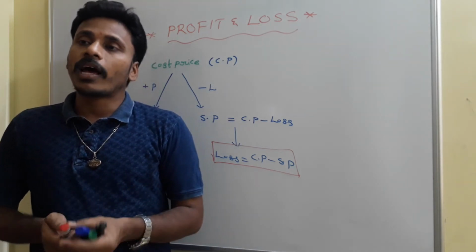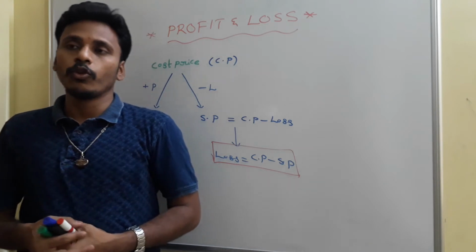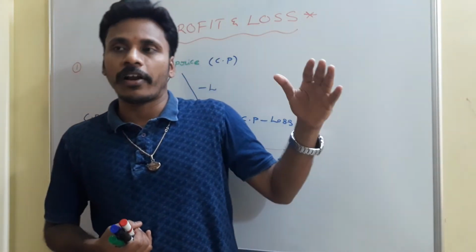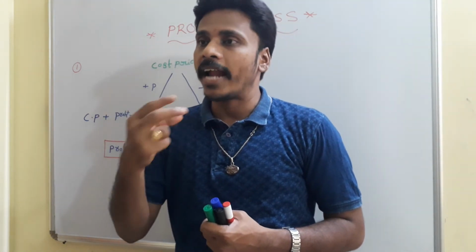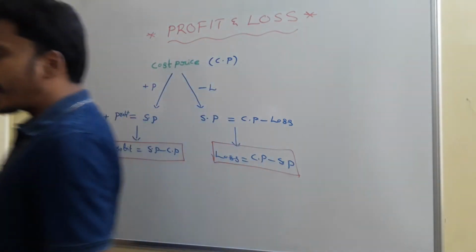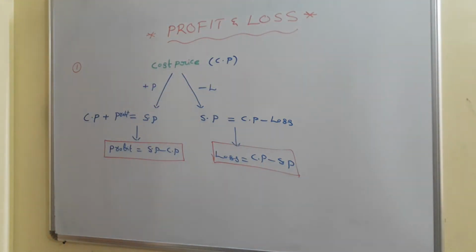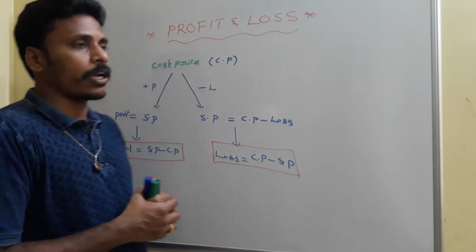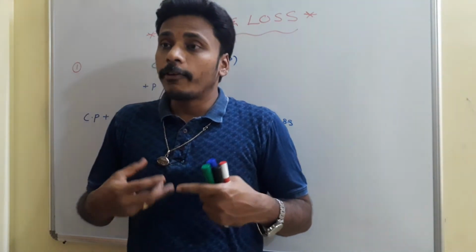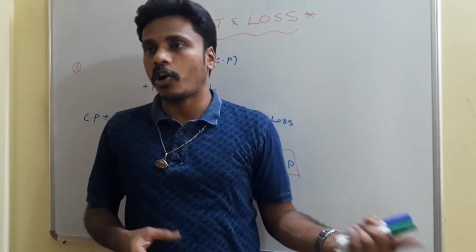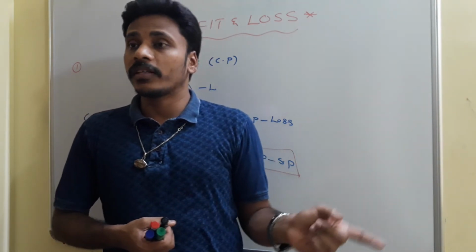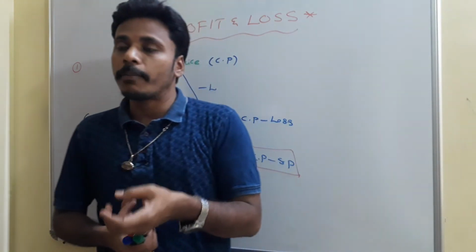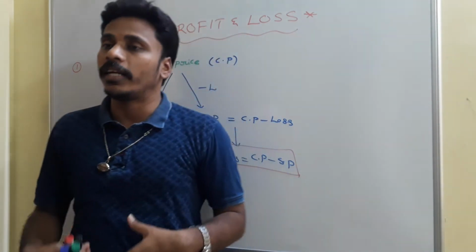Usually we compare our profit with the cost price. If I buy an object for 100 rupees and sell for 150 rupees, what is the difference? I am adding an amount of 50 rupees to my cost price to sell to the other person for 150. Since I am adding 50 rupees to my cost price, I will feel it as a profit on my 100, not on the 150, because my cost price is 100. This difference in amount I compare with the cost price, and then I see whether it is profit or loss.